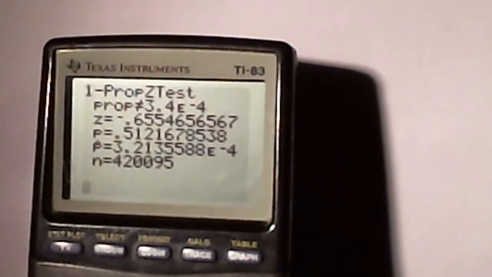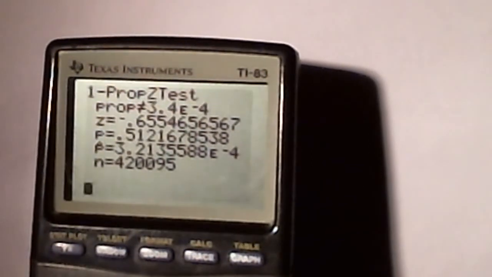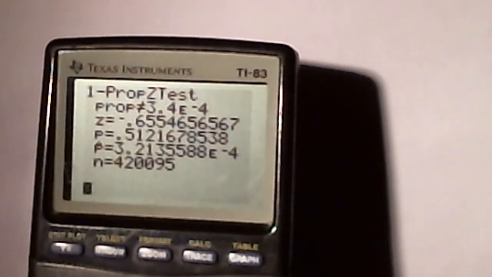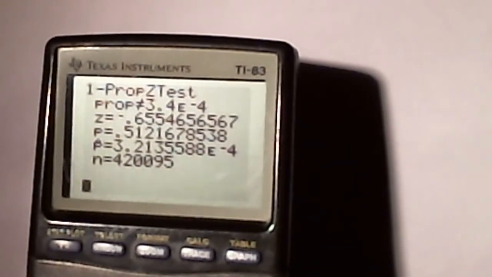All right, the next one we're going to do is the lower tail test, which involved the internet users. And the claim was that of the internet users, less than 50% used the internet for making travel plans. Of course, when we conducted this hypothesis test using the critical value method, showing all 5 steps, we were unable to reject the null hypothesis, and hence the claim that the population proportion is less than 50% was not being